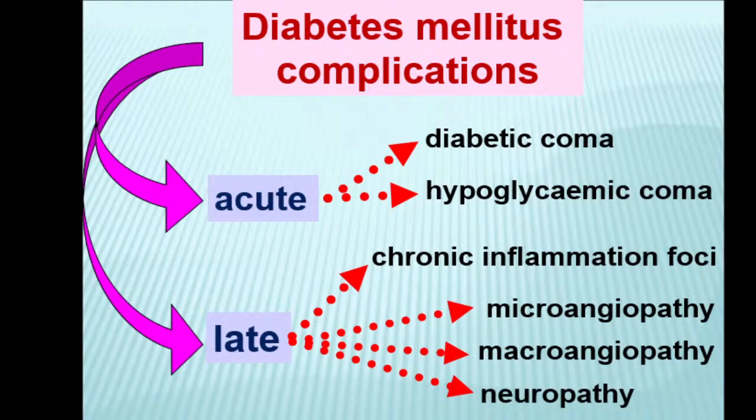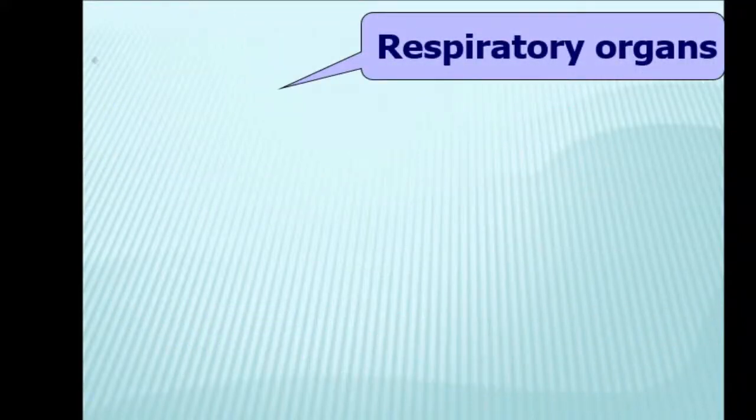Neuropathy due to disordered water, electrolyte and vitamin balance, because activity of the nervous system is tightly connected with some microelements and vitamins. And involvement of other organs and systems in the pathological process. First of all, there are the heart, brain, kidney and eyes. Now, if we are talking about